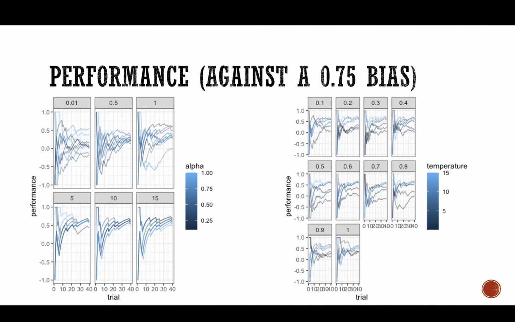Faster learning rates have a harder time getting there. They get a lower performance because every time that there is a left hand, they move their expectations towards the